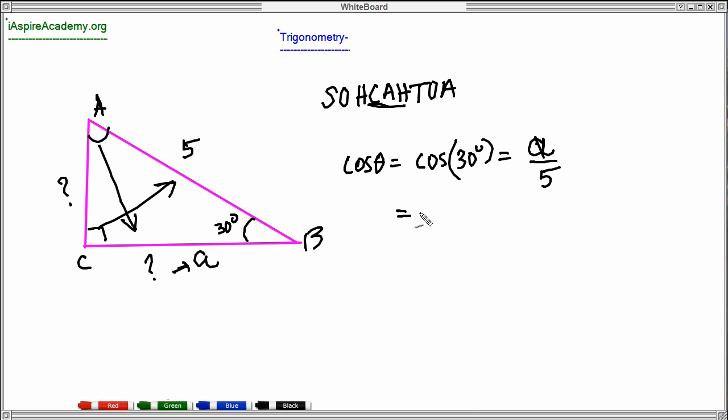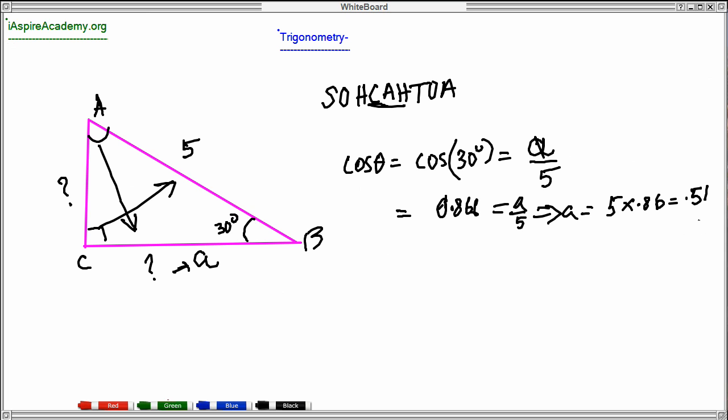So now if you are using your calculator, you will see cosine theta is 0.86. So let me use my calculator here. Using your calculator, you say 30 cosine, which is 0.866. So 0.866 is equal to A by 5. So this would lead to A equal to 5 times 0.866, which is around